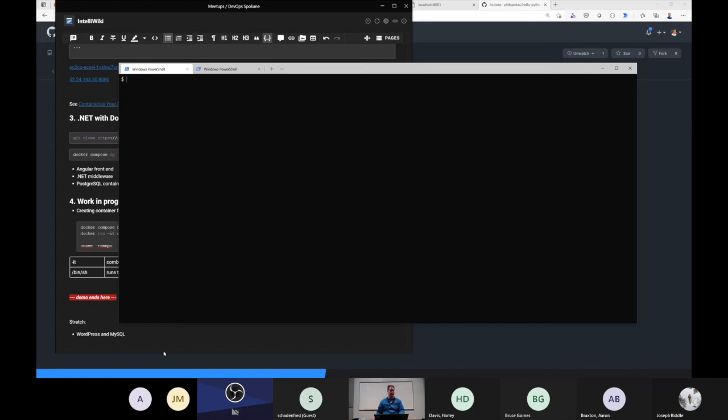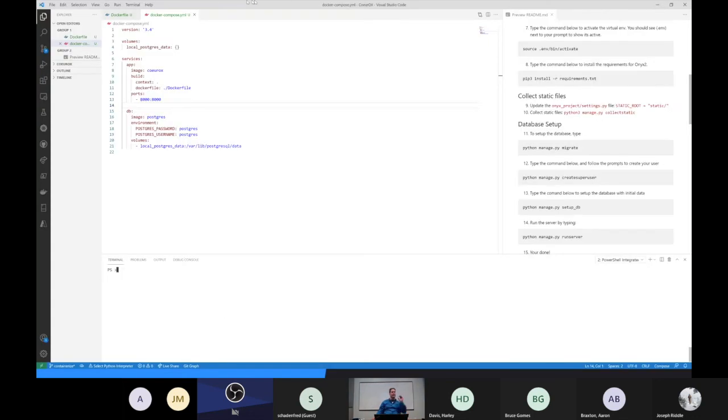If we take a look at the Docker Compose real quick. In this case, at the moment, it's an app and a database, so a little bit simpler, but I've got a database, Postgres database, and then this Django app, which is again just a Python framework for building web apps. And we see that it builds Dockerfile. If I take a look at the Dockerfile,